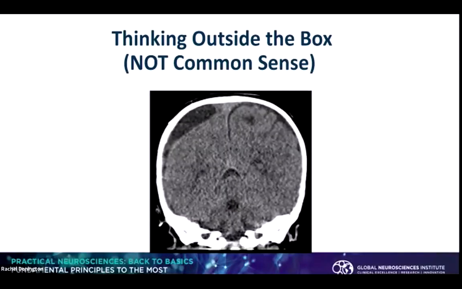So let's think outside the box here a little bit. You know, doing endovascular treatment, let's get away from stroke. This is a young child who we saw at St. Christopher's who had, tragically, shaken baby syndrome. That big dark gray area you see there is a blood clot that dissolved into a liquefied form and keeps pushing on the brain. These children come back from multiple surgeries to continue to drain, and so we started thinking, we, meaning us and some of our colleagues around the country, about different ways we can treat this.